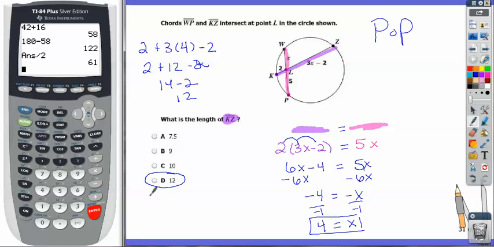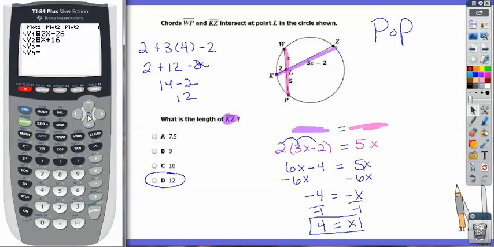Now, this is one where I could probably also estimate with my compass. I could also find my equation and my answer to x in here, in case you want to watch it one more time. I go to my y equals, and I'm going to say 2. I'm not even going to do the distributive property because sometimes I might mess up and forget something. 3x minus 2 on one side, and then on the other